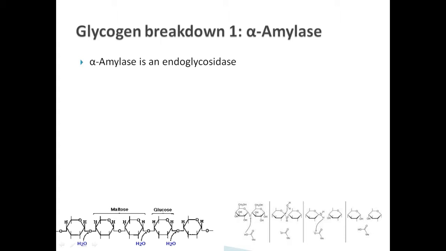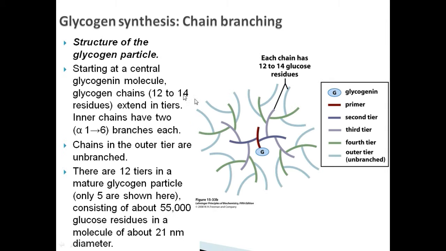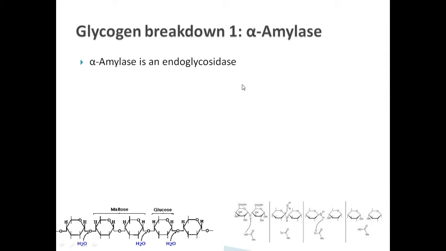So let's talk now about glycogen breakdown, and there are several enzymes involved here. The first one we're going to discuss is an amylase, an alpha amylase. So alpha amylase is an endoglycosidase. What that means is that any endo enzyme will act within the chain somewhere. It doesn't act on a chain end, it acts within a polymer chain. So this is an